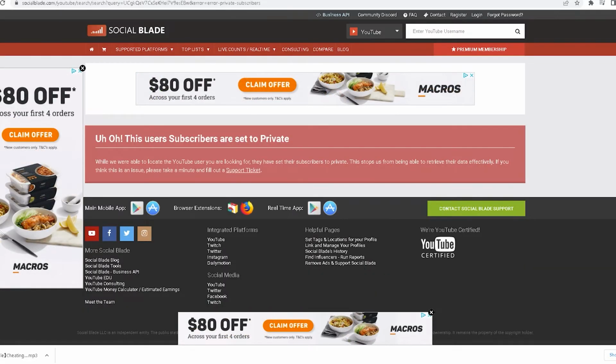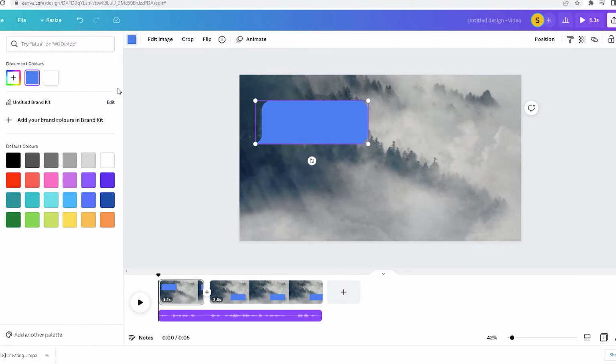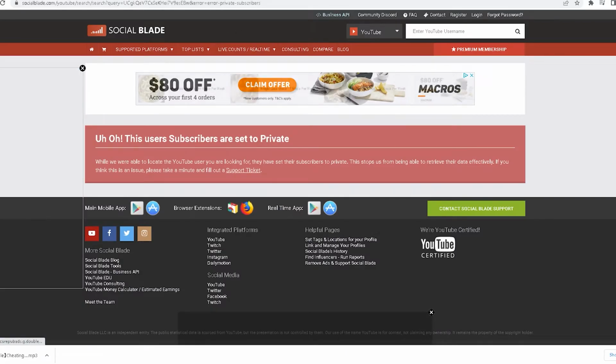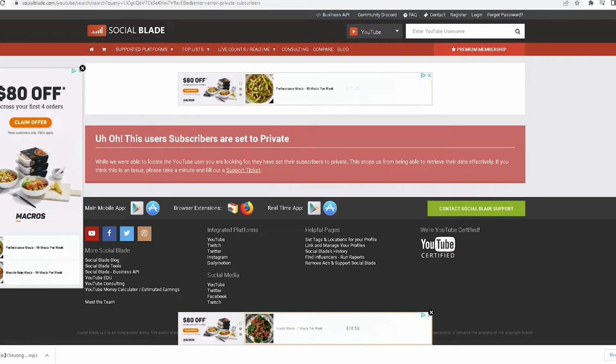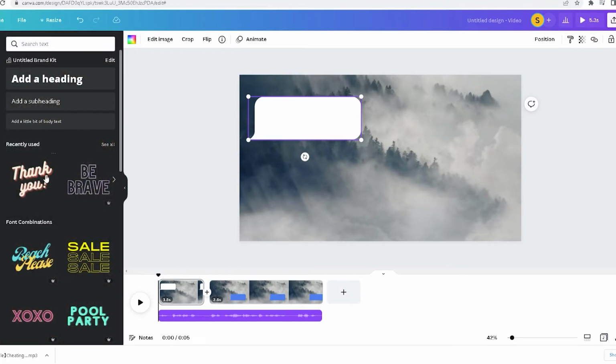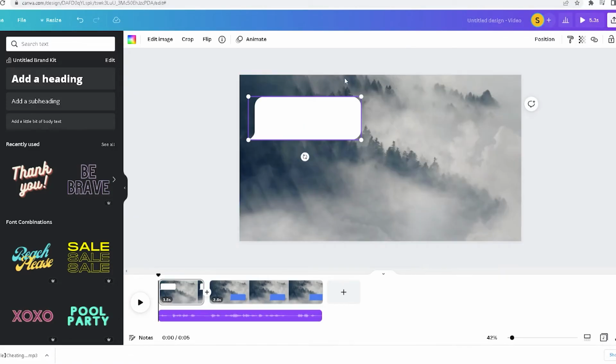White on the left and blue on the outside. So you can just go change the color to white, and then it's always black for the white. And then, once you go back to here, you can go text, and then what you essentially do, go back to Descript, and just Control C for the section of it, and then go to the add text, and then just Control V.